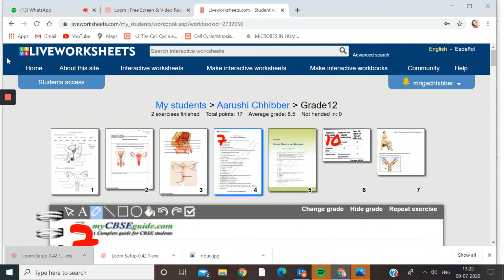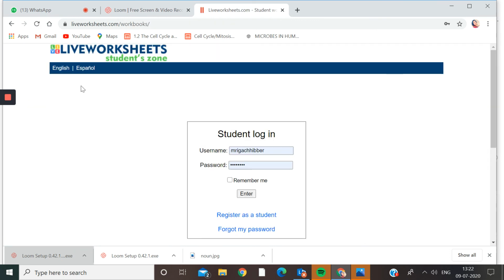One more thing I want to tell you is how to send your worksheets to children. You will go to Students Access, then click here on the URL above.